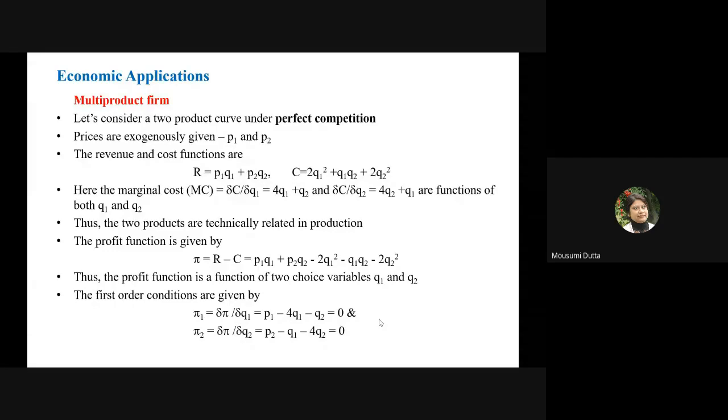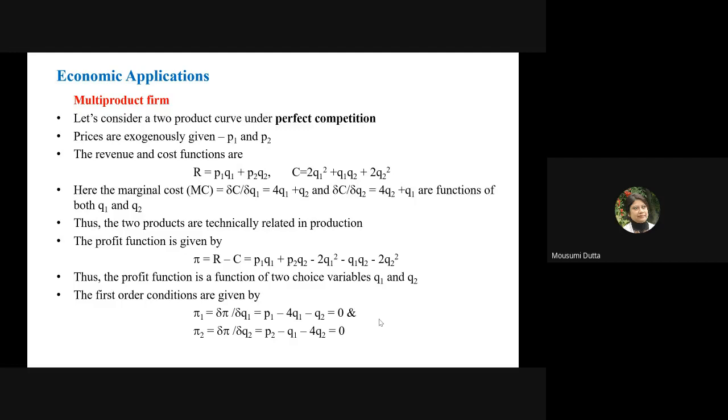Very good. So first we are considering a multi-product firm, which is a competitive firm. The second point is prices are exogenously given. So the prices are coming from the market level or the industry level. For two products, the prices are P1 and P2, say. One is garment, say, and another is wristwatch, say. Or if you consider Titan, wristwatch and sunglass, so all these things. Though Titan is not competitive in that sense, Titan is an oligopolistic firm.